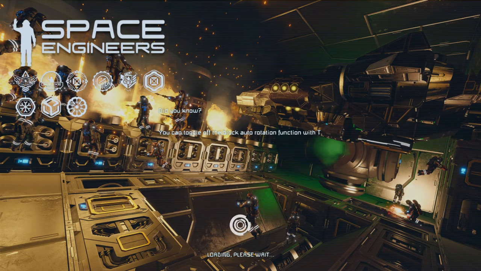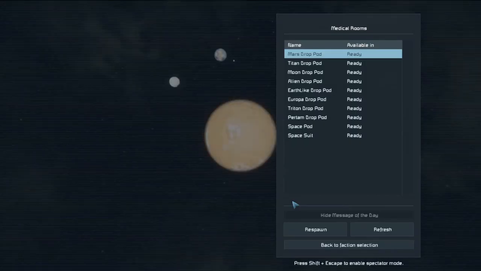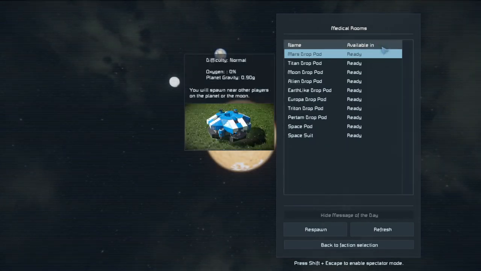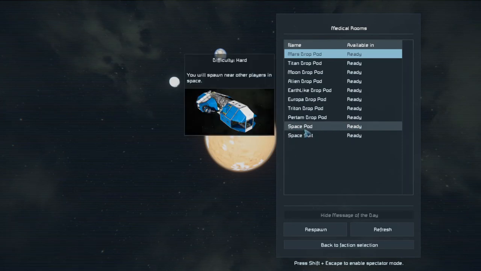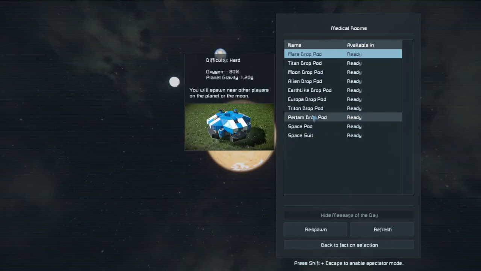What I'll probably do is load up a different save here in a moment, just to show you what the start looks like after you've built up a little bit, because it's going to be easier to do that. But okay, so you have all of these different spawns that you can pick. You can spawn out in the middle of nowhere in a spacesuit. You can spawn in the default space pod, or you can drop on Pertram, Triton,